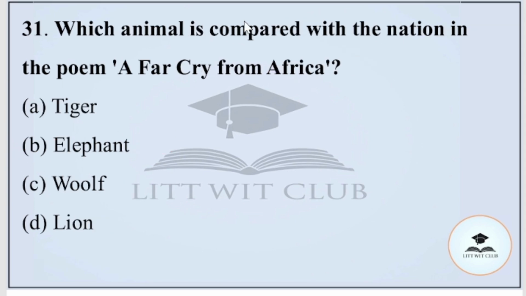Question number 31. Which animal is compared with the nation in the poem A Far Cry from Africa? Tiger, elephant, wolf, or lion? And the correct option is